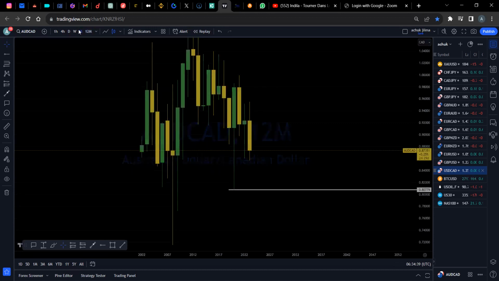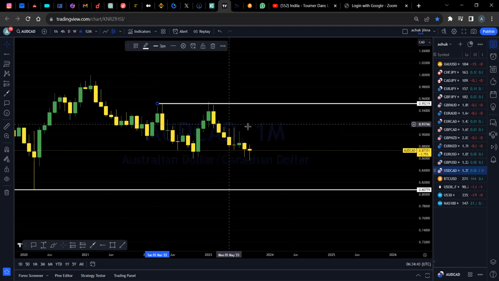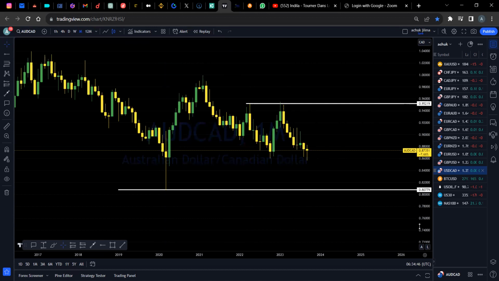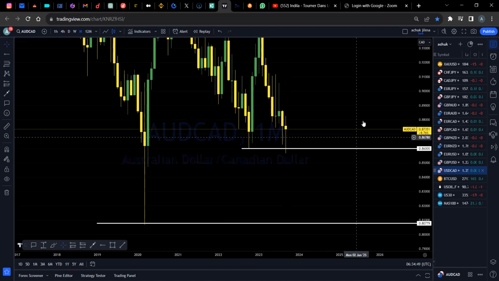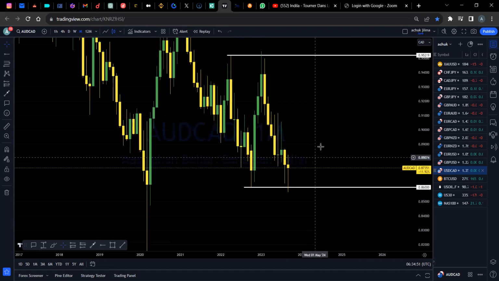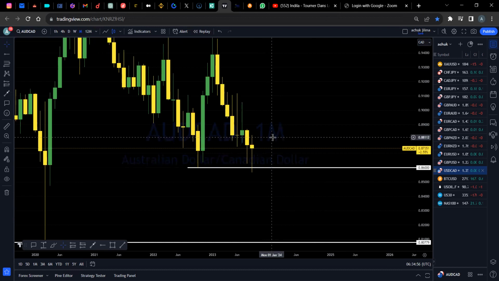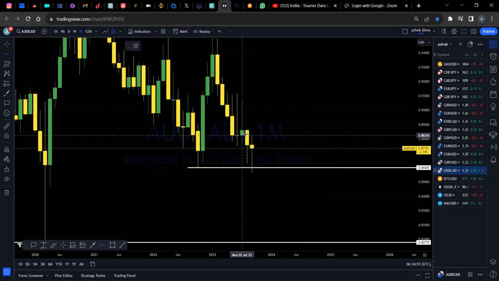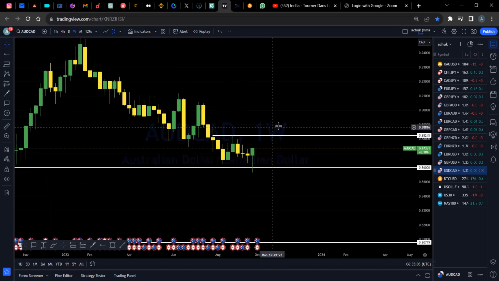But then looking at that on the monthly chart, we had an area of resistance here, and the market has actually been trending to the downside. And then we had an area of temporary support here where the price is actually bouncing off from. And now we see our monthly high being this, which will also act as our resistance area, and see whether price will be able to break above this monthly